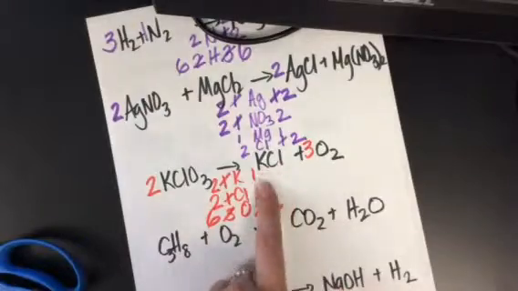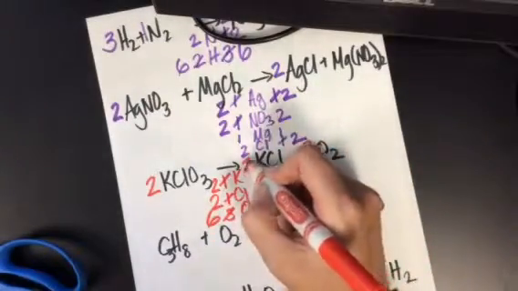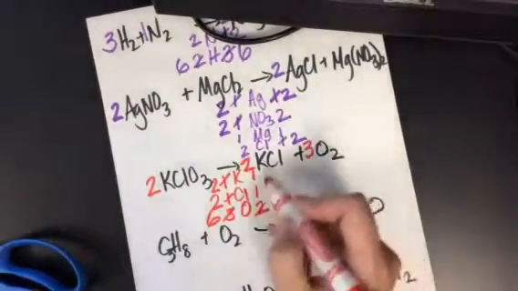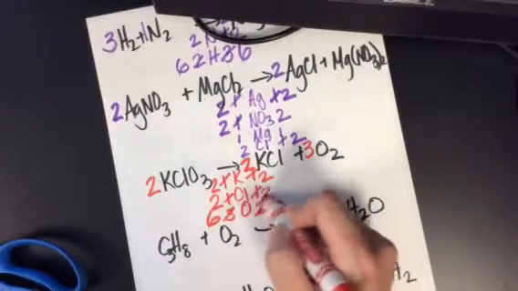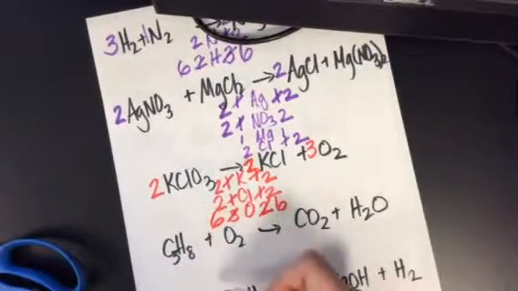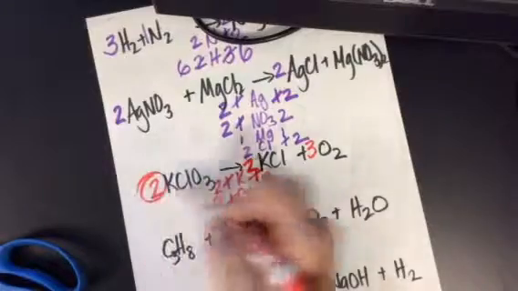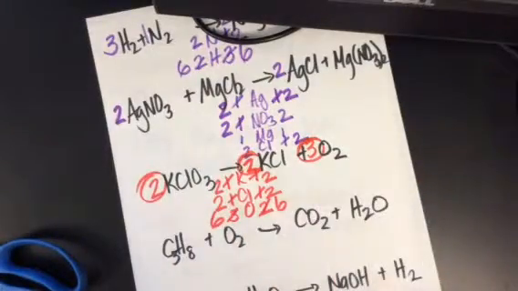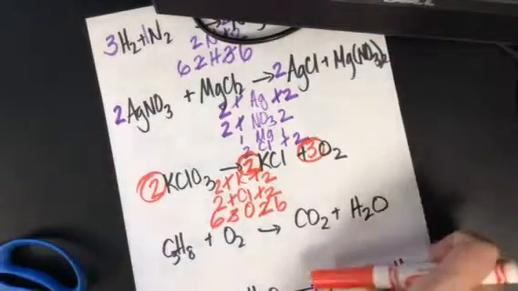To fix my potassiums over here, if I put a 2 out front there, that's going to give me 2 potassium and 2 chlorine. That actually fixes everything, so my coefficients are a 2, and a 3 in front of my compounds. Now on this next example,